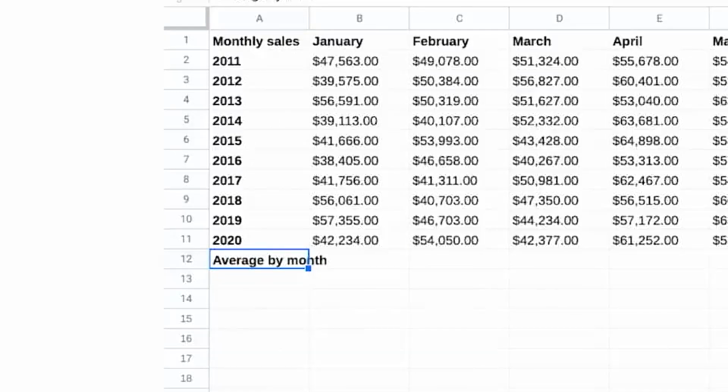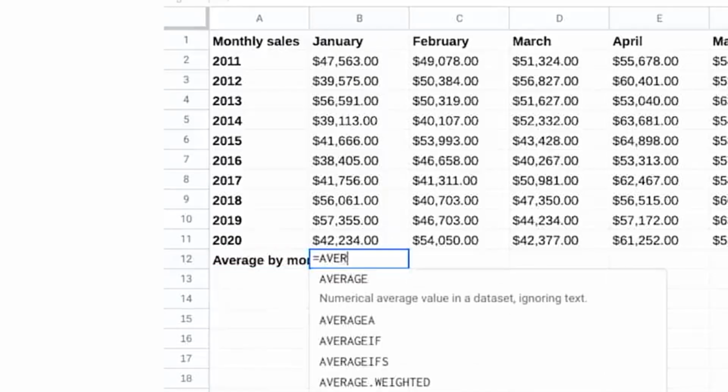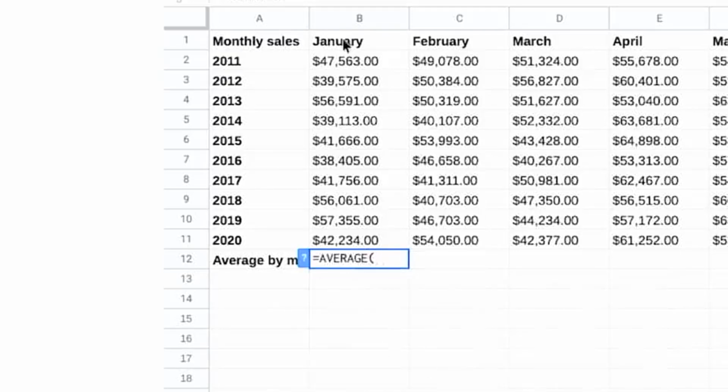To find our averages, we'll calculate the total and then divide that total by the number of values added to get it. We can do this by using the average function. Between our parentheses, we'll select the cells that contain the sales data for January, B2 through B11.